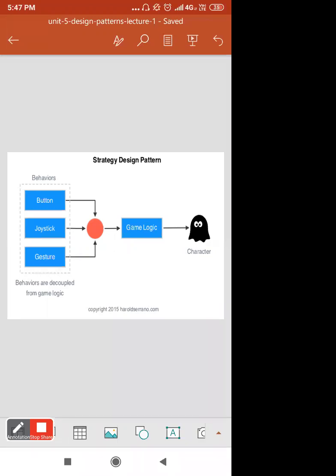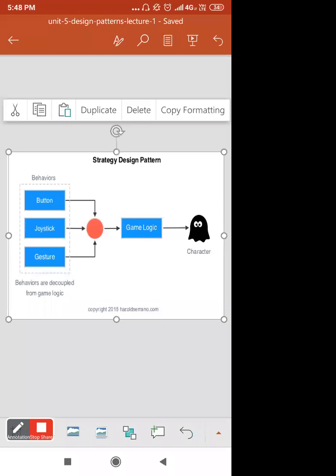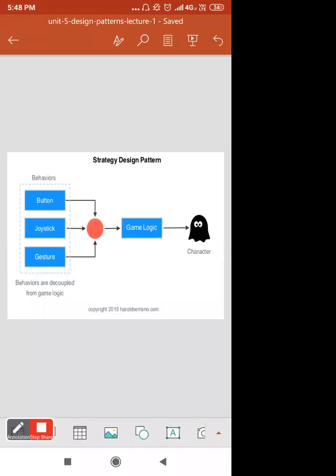The behaviors are decoupled from the game logic, and through different handlers like button, joystick, and gesture, you can change the behavior and get a particular game logic. Through this you finally get some character. So that is the strategy design pattern.